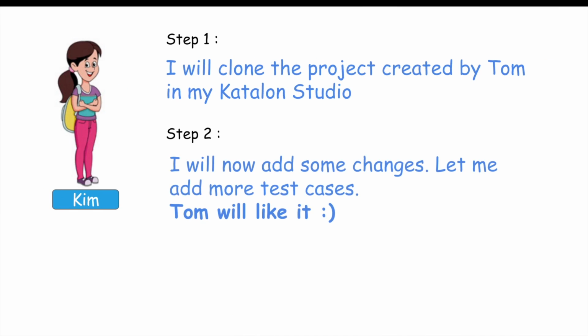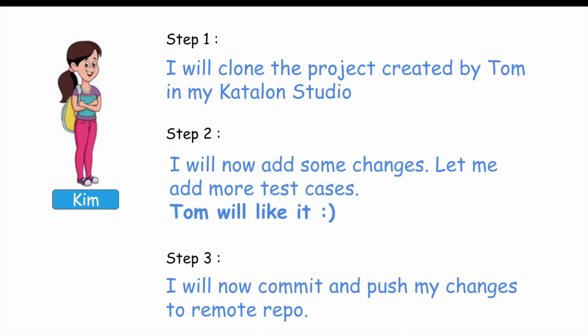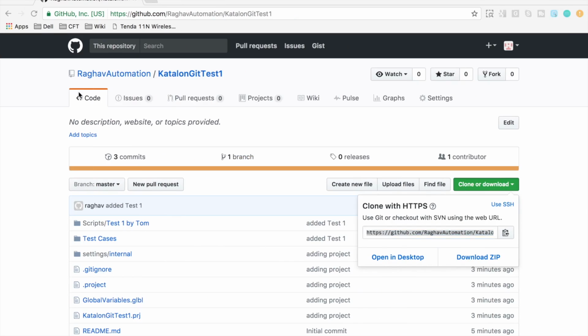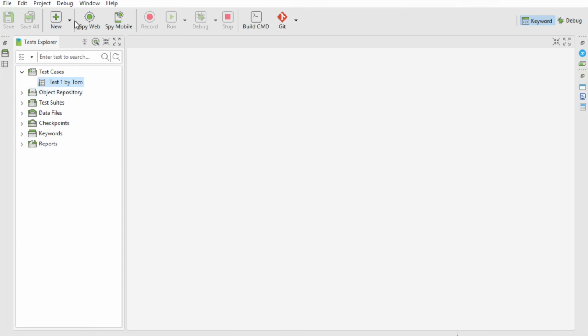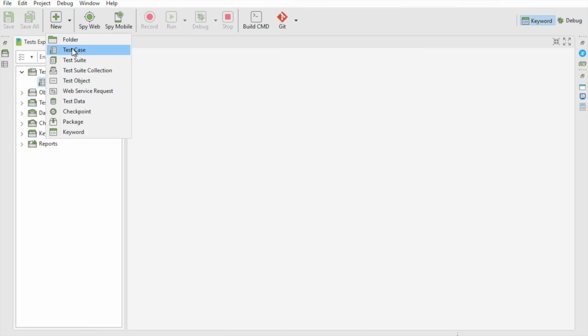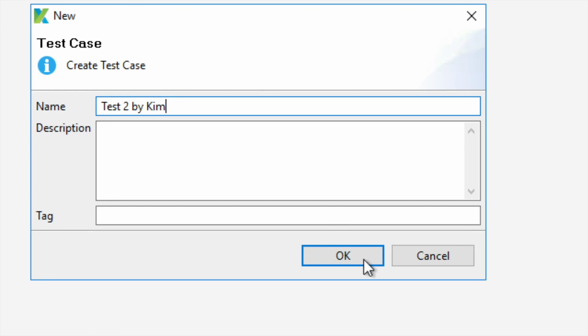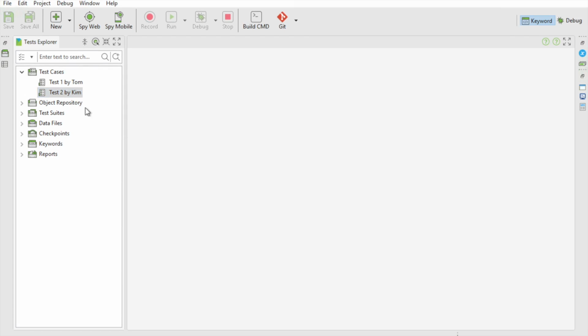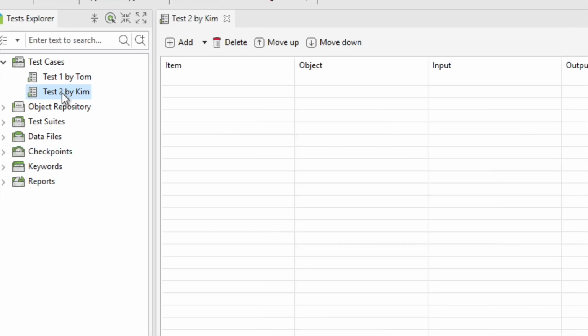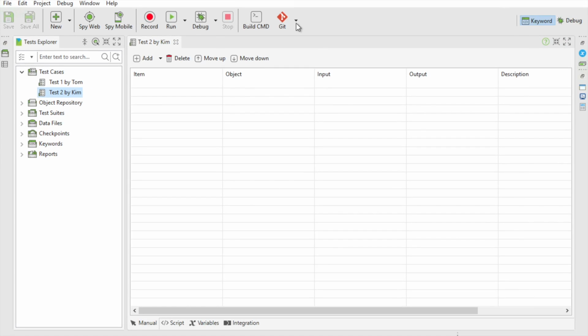So now step 2 is she will add some of her changes, and then she will commit and push her changes to the remote repository. So let us go to Kim's system, and Kim is going to add another test case, and let us say this is test2 by Kim, and let us say OK. So this test case has come here, and now let us go to git